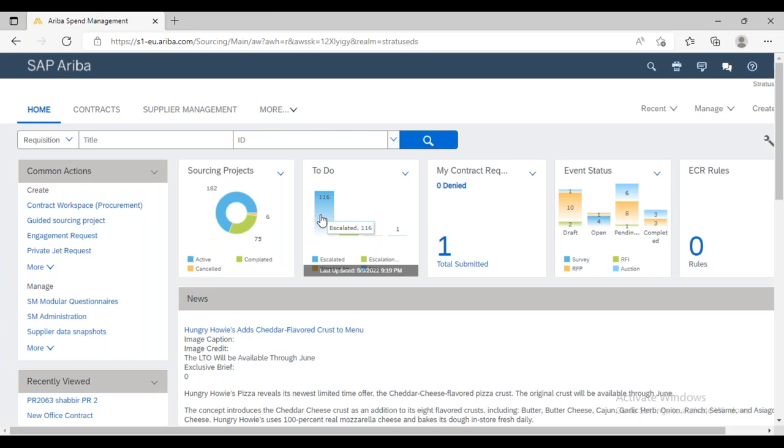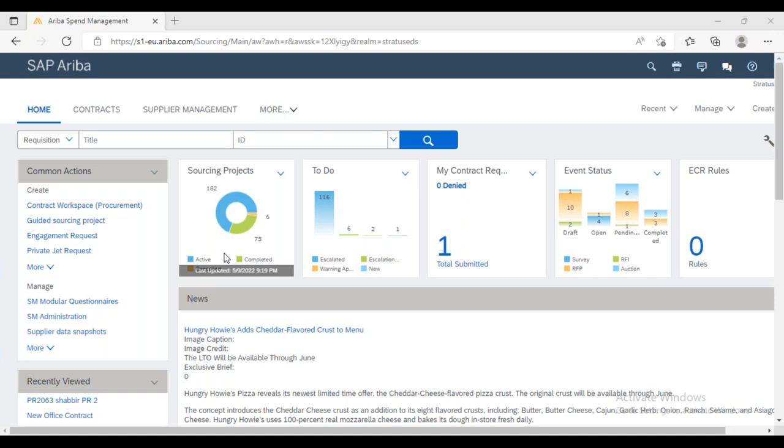All right. Are you guys able to follow me? Yes, but one small clarification here. You are saying any tasks to be executed by the person will be listed here. Where are the tasks to be done listed, like any contract to be approved or something? Oh, you mean to-do tasks, correct? Yes. You are right. Yeah, in this sourcing projects, what are these numbers? 182, 75, 6. I mean,